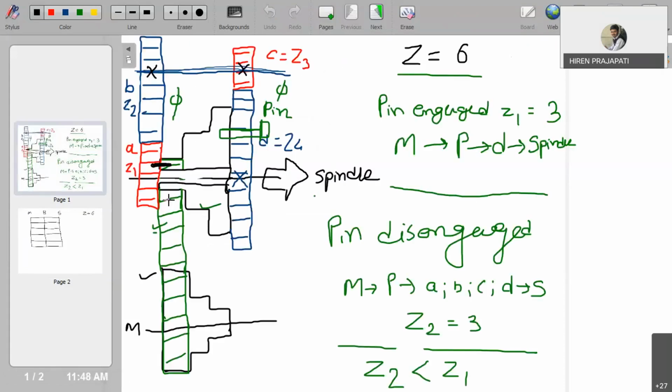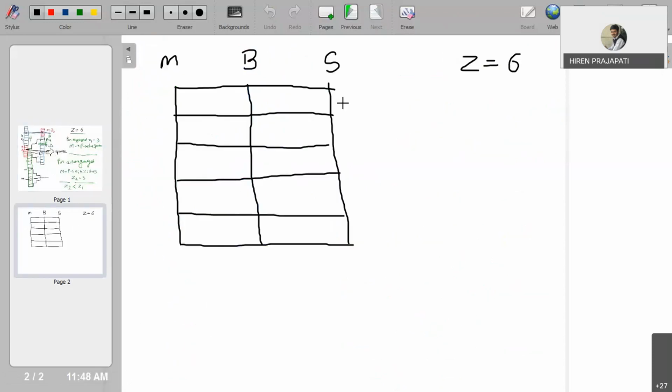Now if I go for only belt transmission, it means the pin is engaged and the back gears are disengaged, right? With the pin engaged, there is pulley to pulley power transmission, and this will give us higher speed. So if you consider 3 pulleys, then we get 3 speeds, right? Which are those 3 speeds?